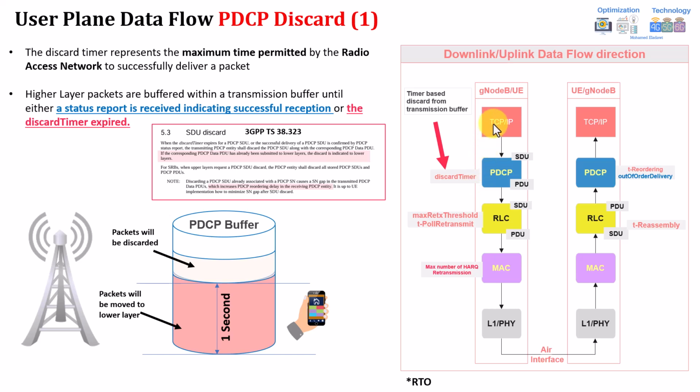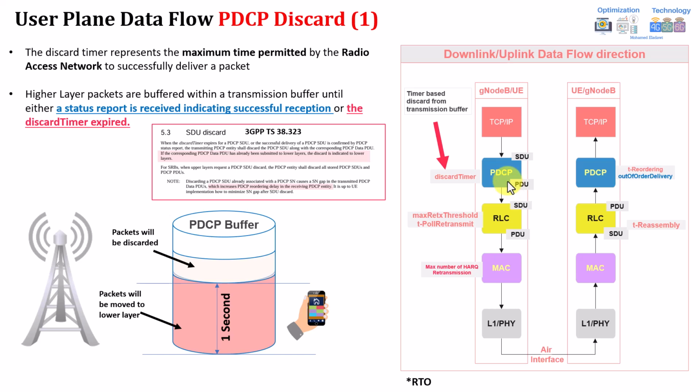And also from the upper layer, before going to TCP in the next session, there is also a retransmission timer called RTO. This timer has an initial value, then it will change dynamically based on different things I will be discussing in detail. But assume that TCP itself has this RTO timer, and usually the initial value is 1 second. If any packet is transmitted, TCP will start the retransmission timer, initially 1 second for the first transmission. So assume, for example, this timer here is 500 milliseconds, and during these 500 milliseconds the packet was not acknowledged or not transmitted. It stayed in the buffer, so this means it is to be discarded.